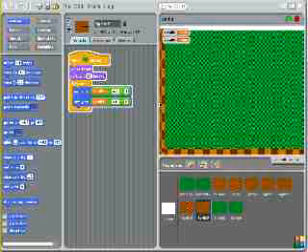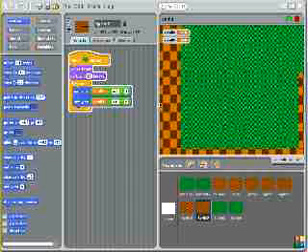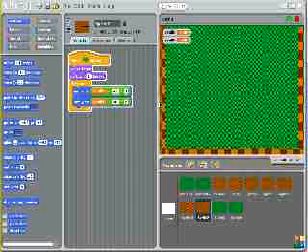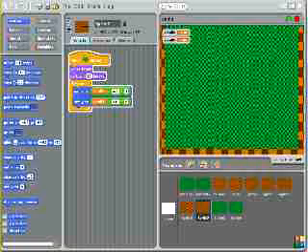Once you get an okay sized background for your world, you need to add your main character to the game. There are two options to get your characters for the game you're making. One is drawing them yourself, and the other one is importing them from the internet. Since you already know how to draw sprites from drawing the backgrounds, I will tell you how to import sprites